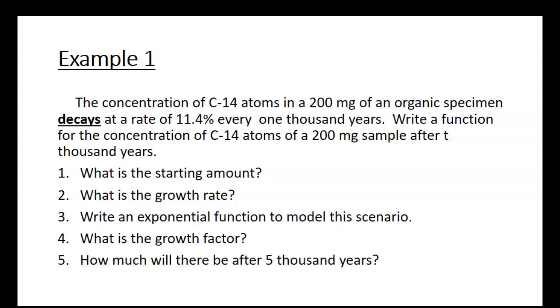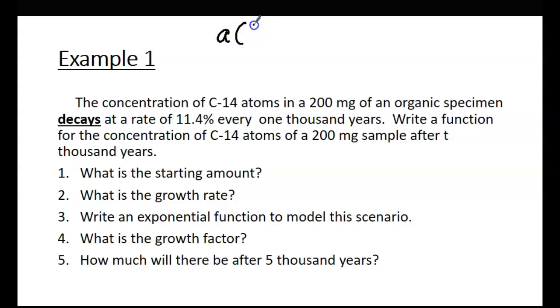And we also know what the general formula is now for an exponential function. It looks like this, where A is the starting amount, R is the growth rate, plus is for growth, minus is for decay, and after we put those together, the result is what we call the growth factor. All right, so let's go ahead and take a look at this. The concentration of C14 atoms in a 200,